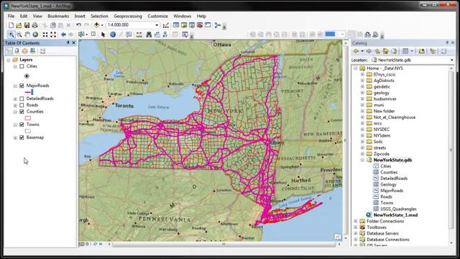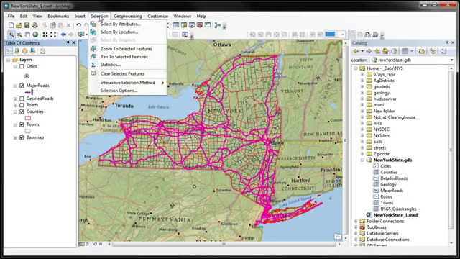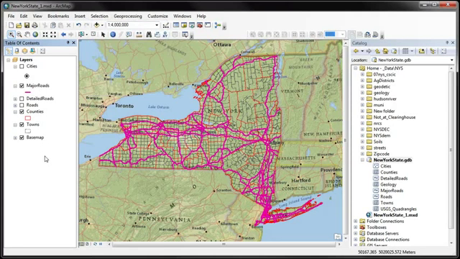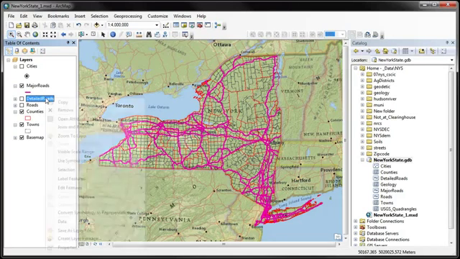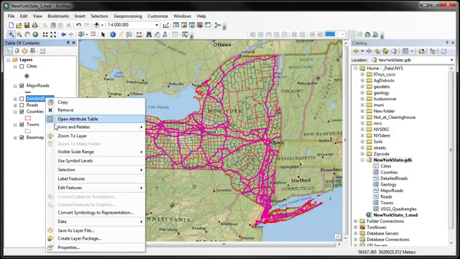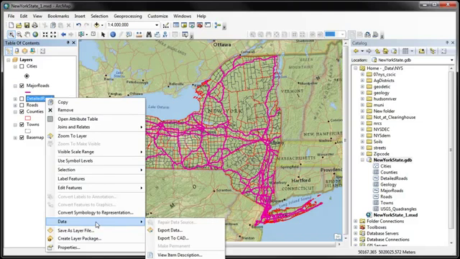And I was able to create those by going to the selection menu and using select by attributes. And then exporting it out by going to the layer that I had selected the features from and using the data option and exporting my data. Alright,